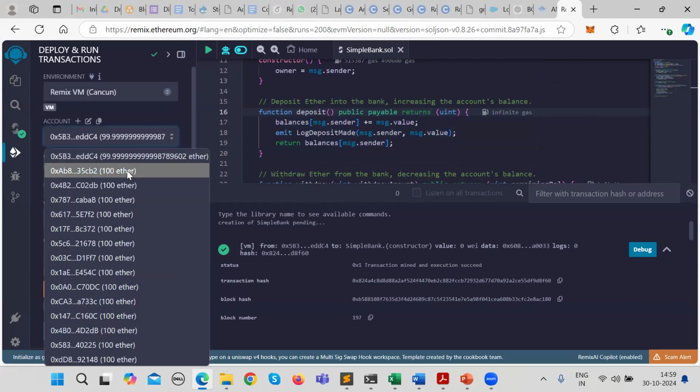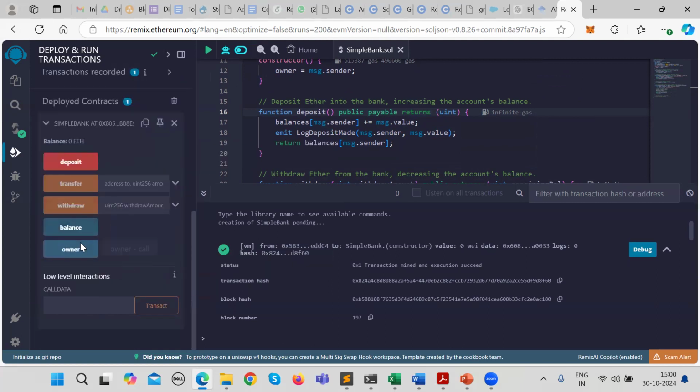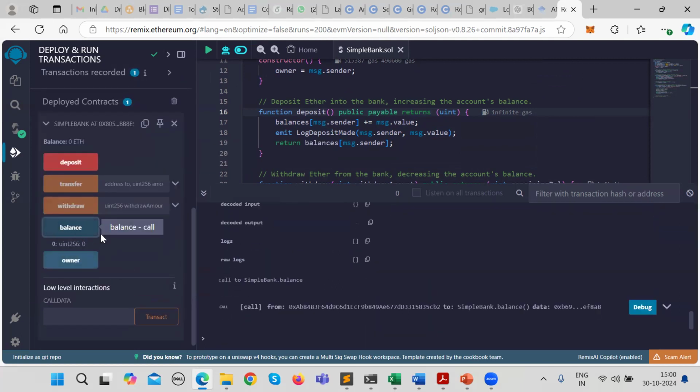Let me take another address. That means this is the first person. Currently I am checking the balance of this. It is 0. Here you can see one transaction is made once I click on this balance, right? Whatever you do, it will create a transaction. Now it depends whether it will cost you or not.